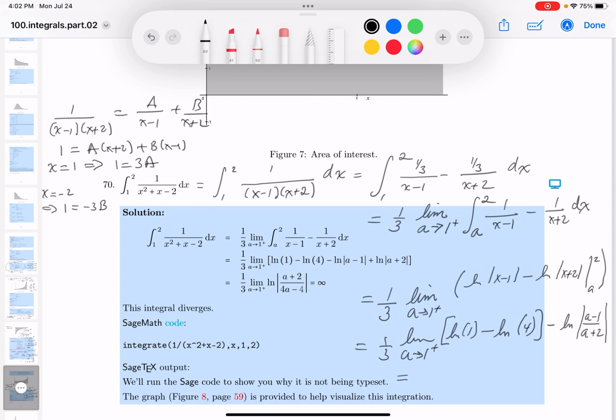Well, this is 0. This is just simply minus natural log of 4, over 3. And then we get, let's see, minus